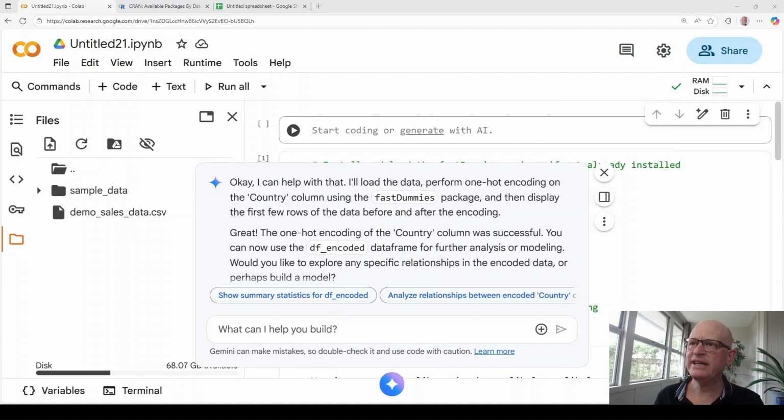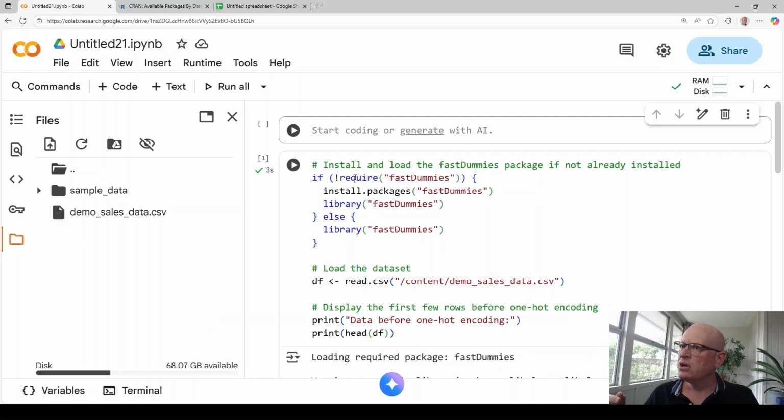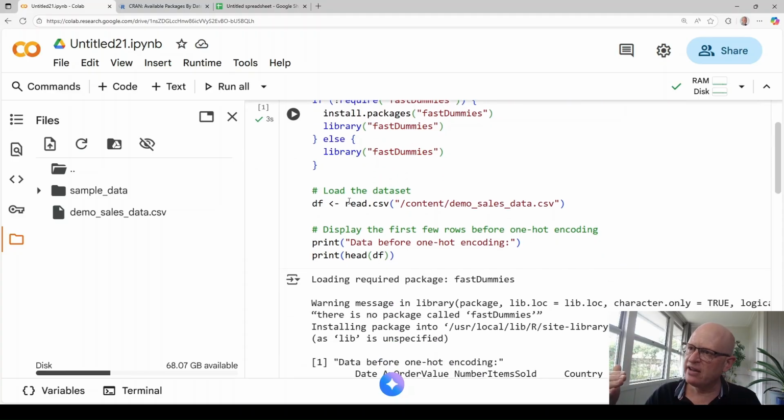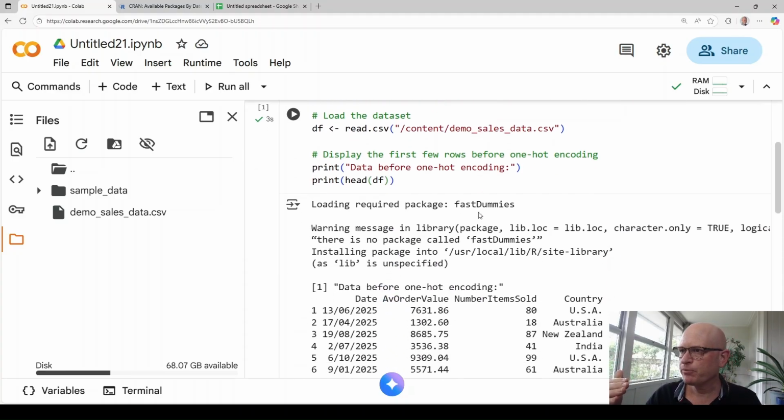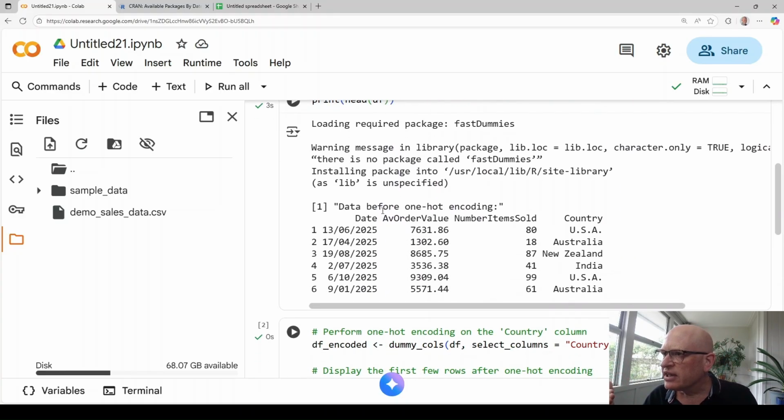Right, it's now complete. So let's look at what's happening. First of all, we'll read what Gemini says, and I'm just going to click the close icon. First of all, fastDummies was installed if it wasn't already there. The data set was loaded. Then let's look here. So this is what our data looked like. Now we looked at it in that CSV file, and this is the column we were concerned with, the country